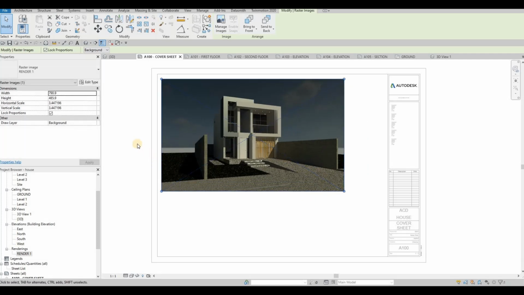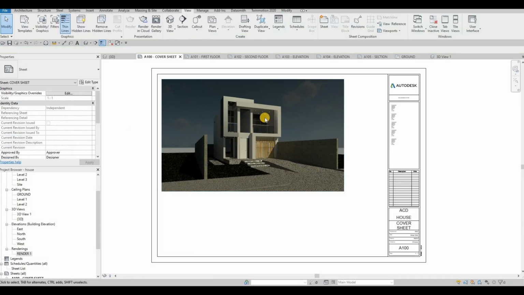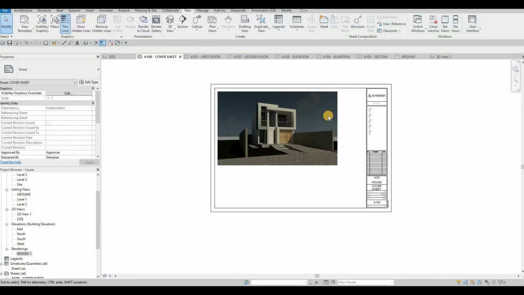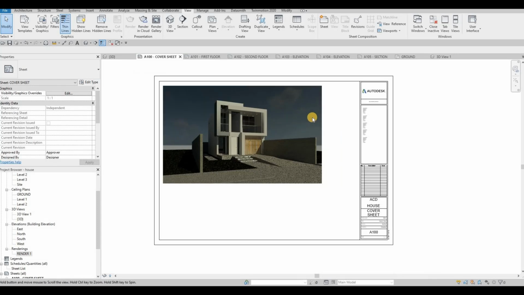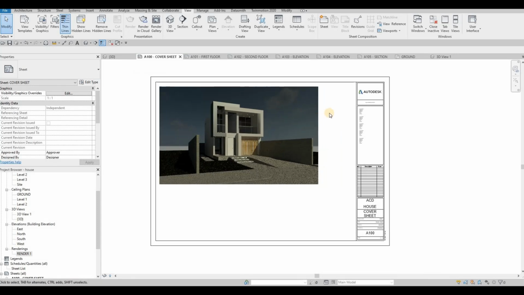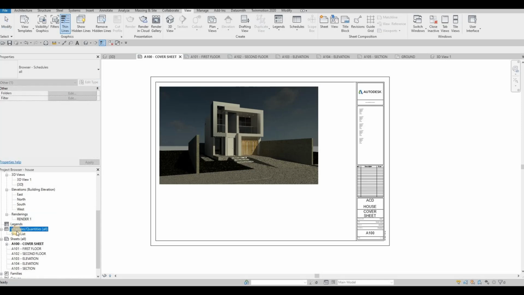So I'm gonna enlarge it like this, and then double click on the space, and then as you can see, we have this image now. And then this cover sheet is not complete yet because I want to add all the sheet names or drawing list. So to do that, we need to go to schedule, and then right click, and then new sheet list,